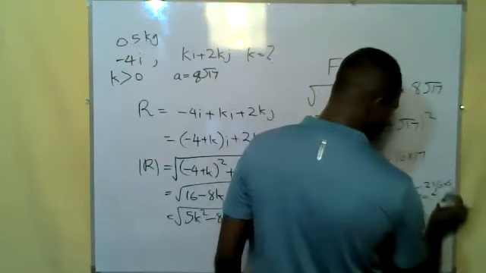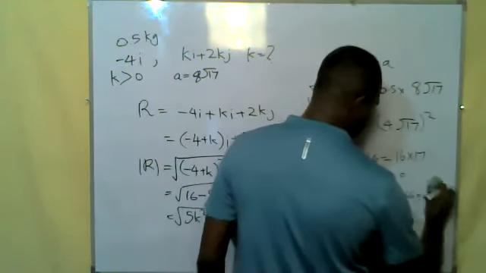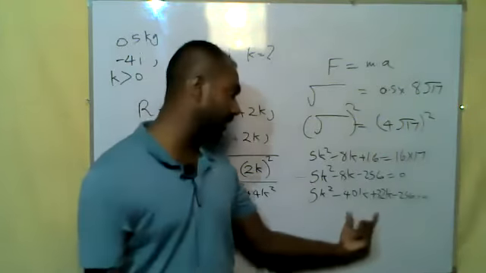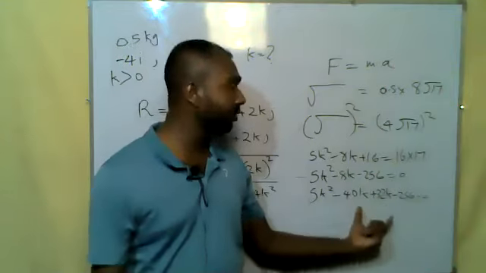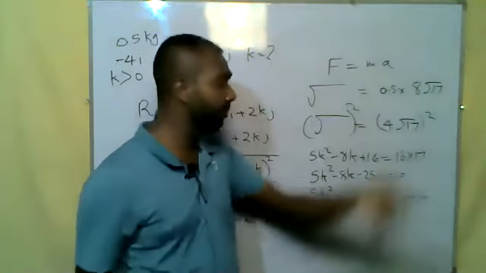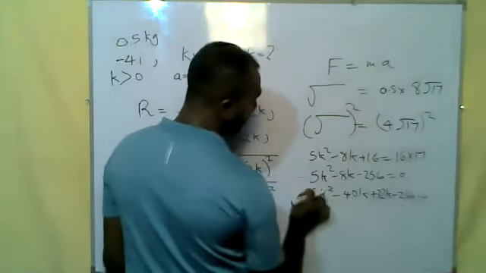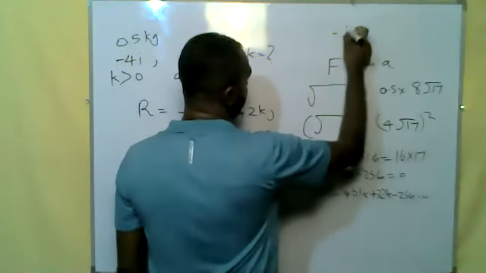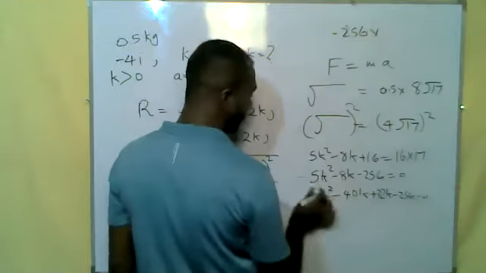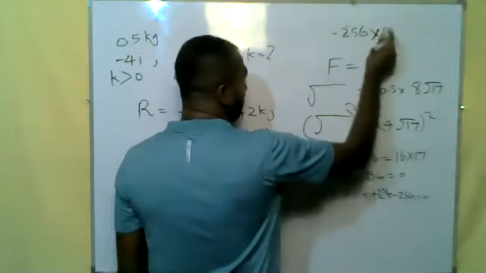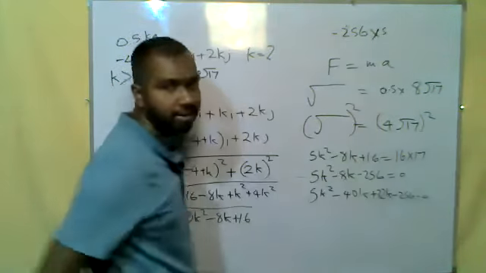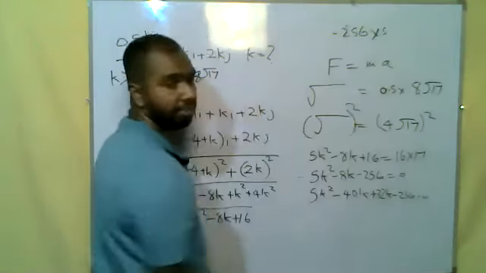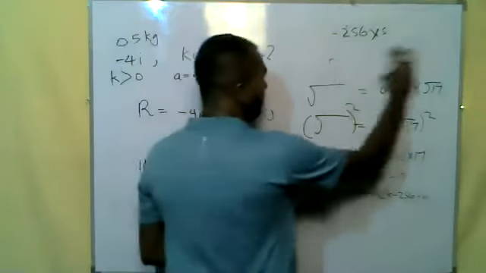See, if you have wondered how I got these two factors, I will write it here. I took the multiplication of these two, which is minus 256 times 5. This is the number that we have to factorize. Since we have to factorize, I am not going to get the total value by multiplying by 5. It will not make things easy for me.